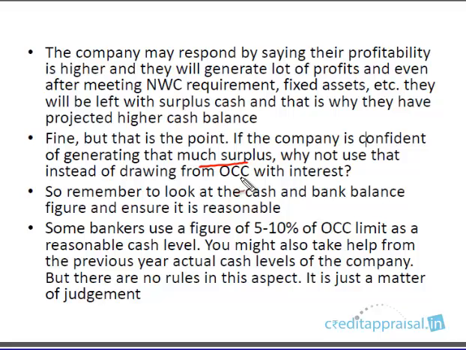So whenever you're perusing your CMA projections, just ensure that the cash and bank balance is not at a very high figure. Proportionate to the CC limit, it should not be very high. So maybe 5 to 10% of the CC limit as cash balance is reasonable, you might accept. But if you're having a projected CC limit of 5 crores, you can't have a cash balance of 1 crore or 2 crore. So high, that cannot be accepted. There are no rules on what this percentage is, but you use your judgment. It should not be very large compared to the CC limit.